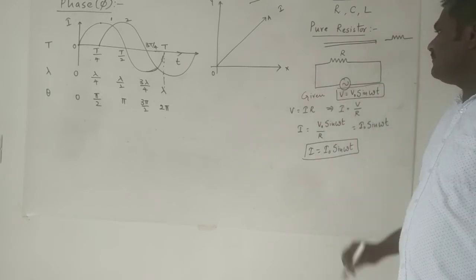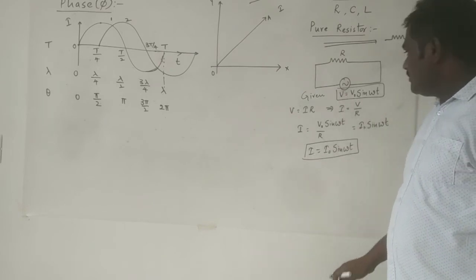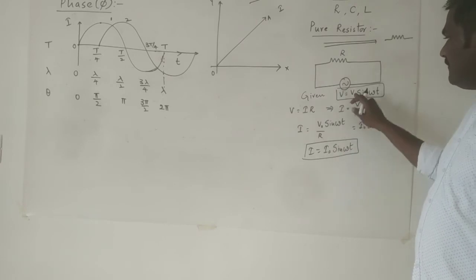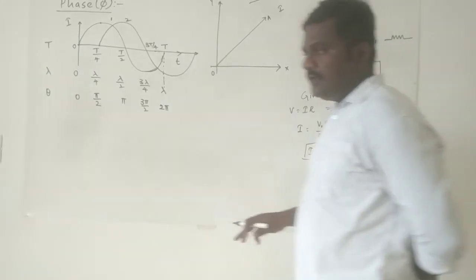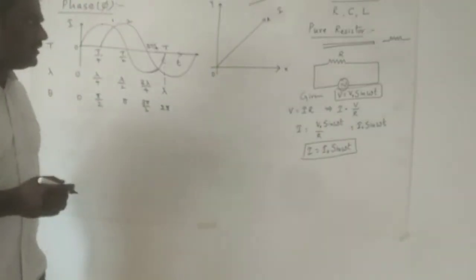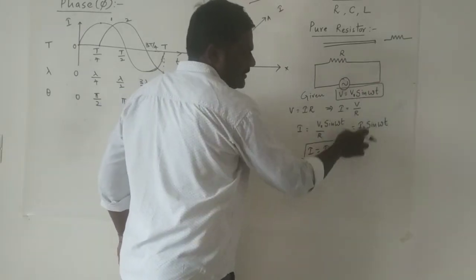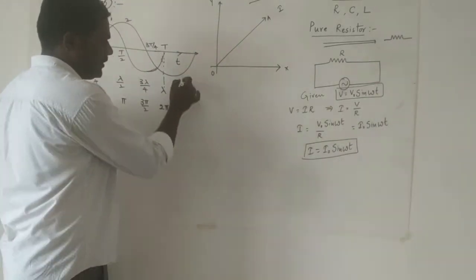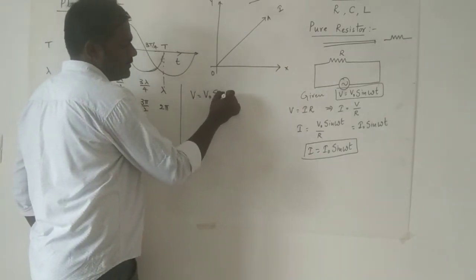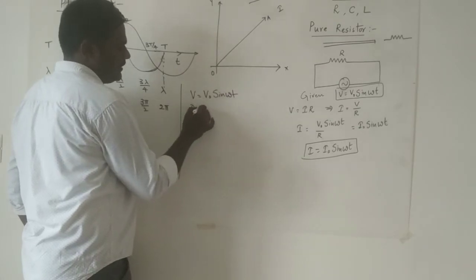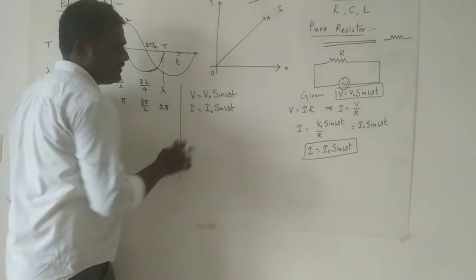Now if you observe the instantaneous voltage and instantaneous current, both look similar. In the place of V naught, I naught is there, and the function is sin omega t. Here also sin omega t. Like if any phase difference is there, you can mention plus phi, either here or here. But no such term is available. Now what does it mean? So here I will represent: we got V is equal to V naught sin omega t, and I is equal to I naught sin omega t. So here no additional phase difference is available.